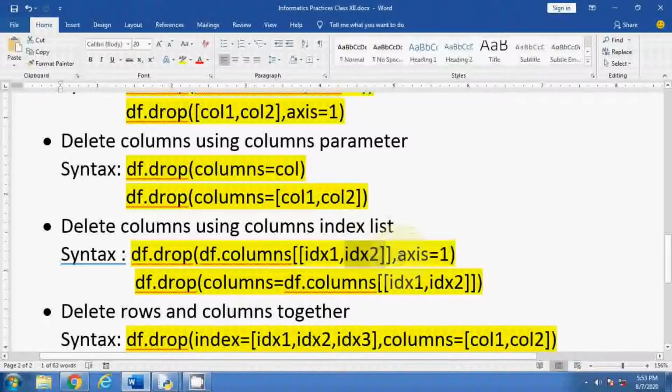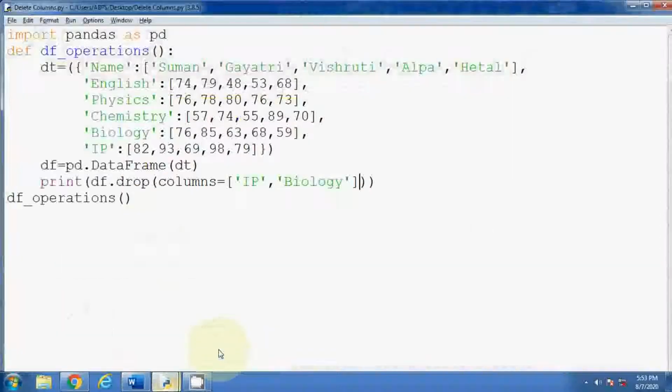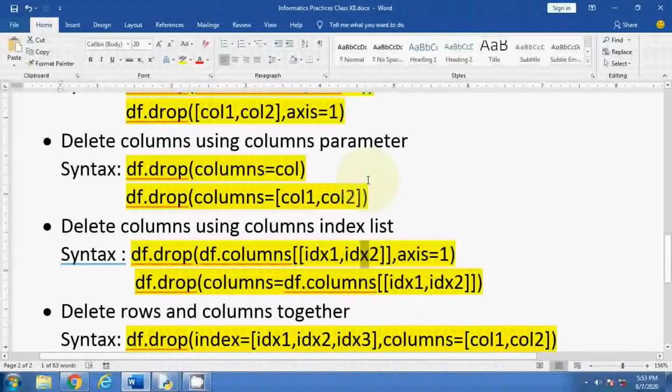So here you have to provide like this, index 1, index 2. Let me do this one, df.drop, and here df.columns. Now when you are using df.columns, provide the nested list of the index.